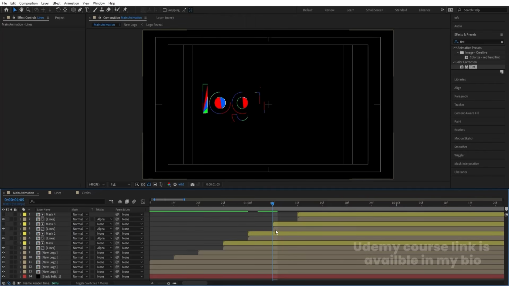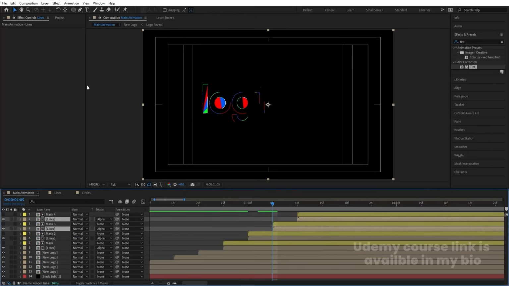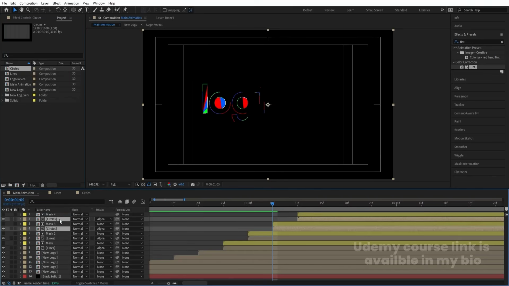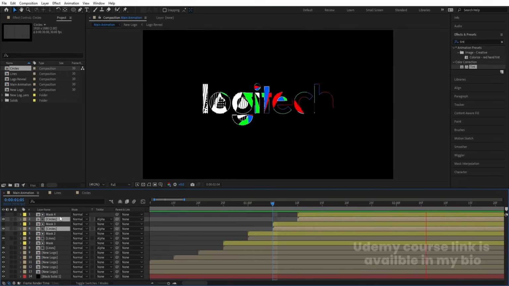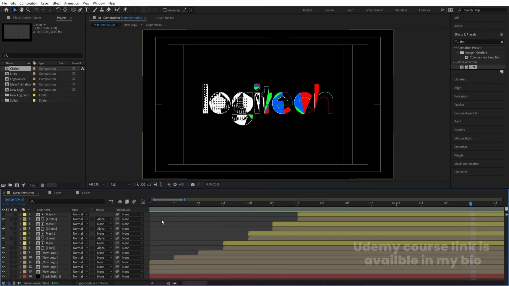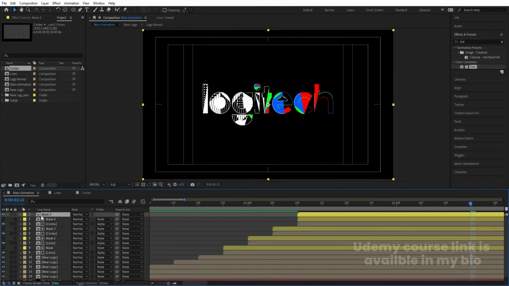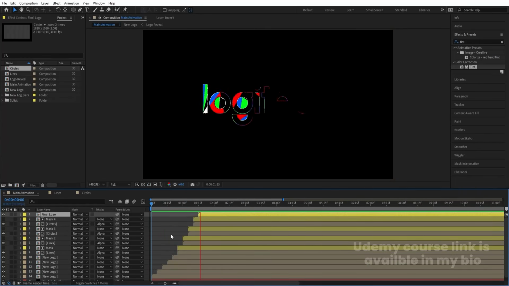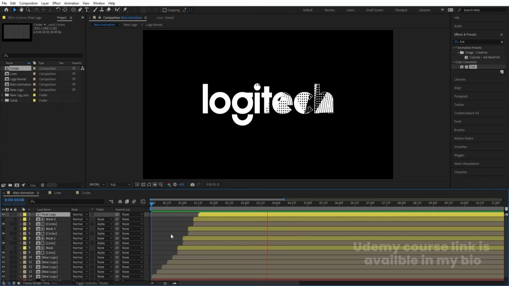And after that I'm going to select this lines layers and I'll hit Ctrl 0, and I'm going to select this circle layer, and by holding Alt I'm going to bring them at the top so it will replace them. So we are getting this. And after that I'm going to select this mask and I'll hit Ctrl D and I'll enable this, and I'm going to call it as final logo. And at 15 frames I'm going to bring this over here. So now if I play this animation from the start, as you guys can see, we are getting this kind